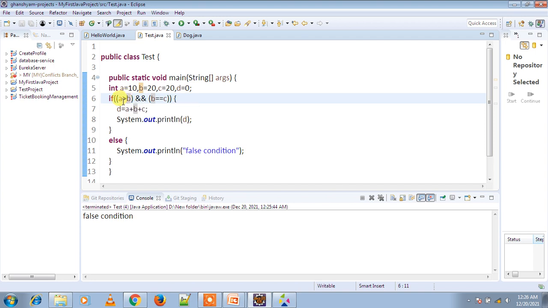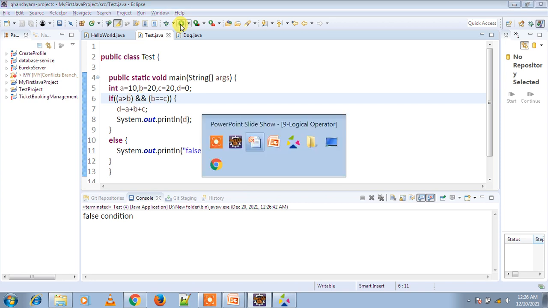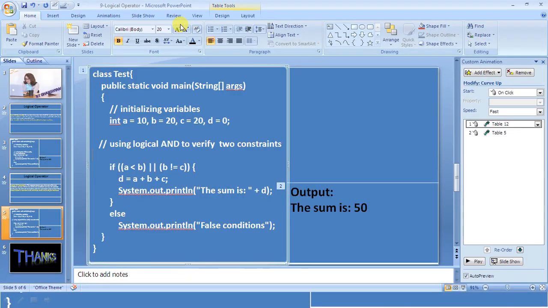The control will not check the second condition; it gets false in the first condition, so it will not check the second condition and gives the result false. So the if block will not execute and the else block will execute. I hope you understand. Now let's go to the next concept.